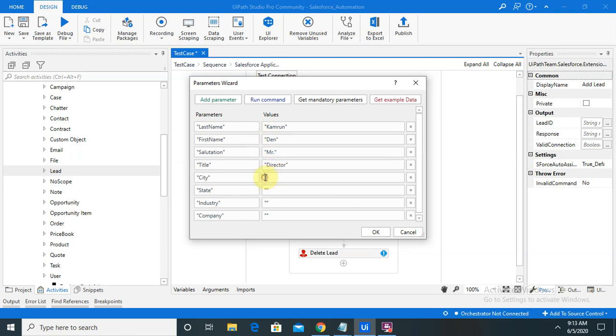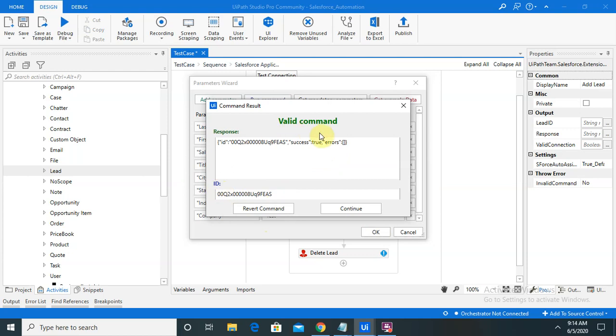City Mumbai. State as Maharashtra. Industry is IT. Company is test. After entering this detail, run the command.